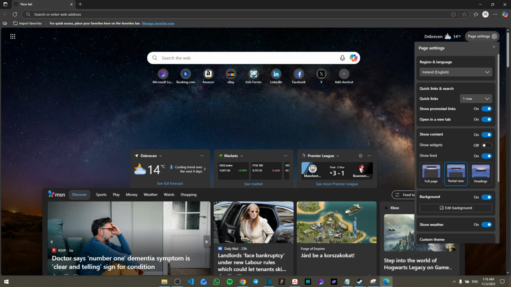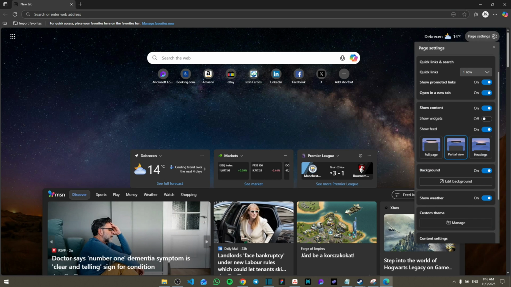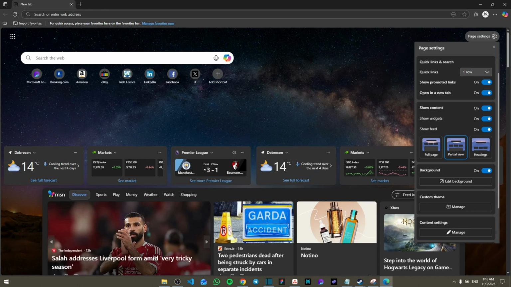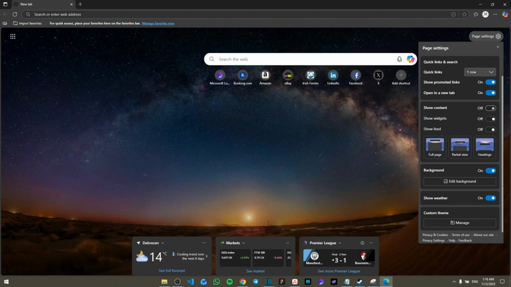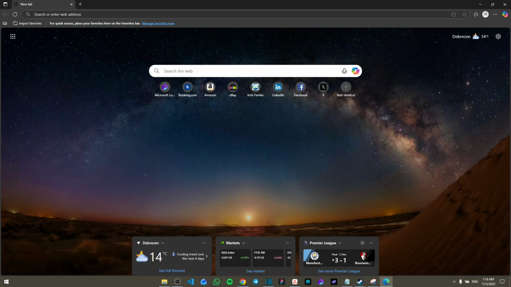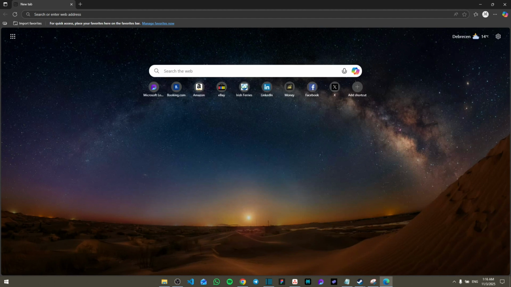Click on that, and as you can see, once you scroll down, you can see multiple options where it can show widgets and show the feed and everything. Simply all you have to do is click on off where it says show content, and that will remove everything together. And as you can see now, once you reload, there's not going to be anything on the